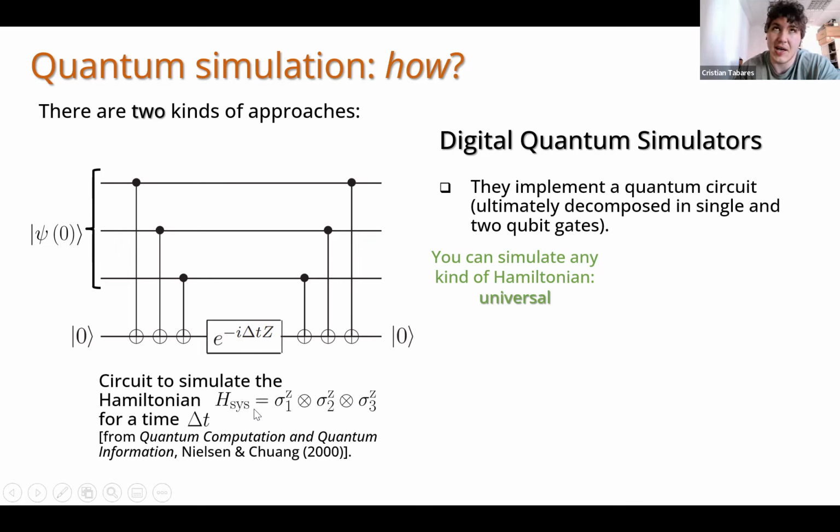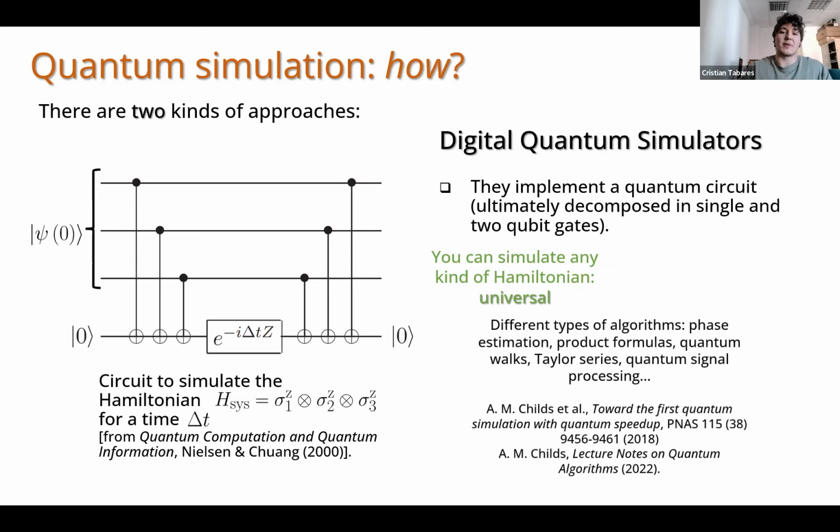In nature, this is a hard interaction. It can be obtained somehow in effective ways, but it's hard to obtain without much manipulation. But with a digital quantum computer, we can just create some circuit and we get any kind of Hamiltonian. Okay, this has actually been proved. So the simulators are universal. Okay, with this you can simulate whatever. Okay, but that big advantage comes with a price, and the price will